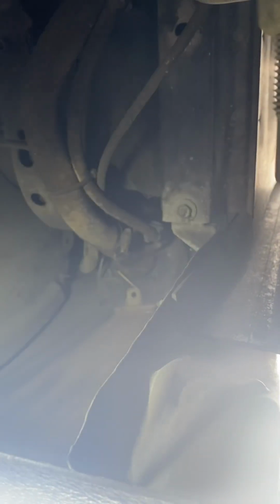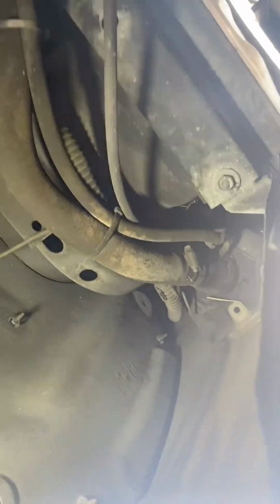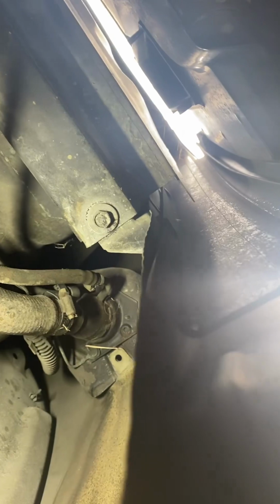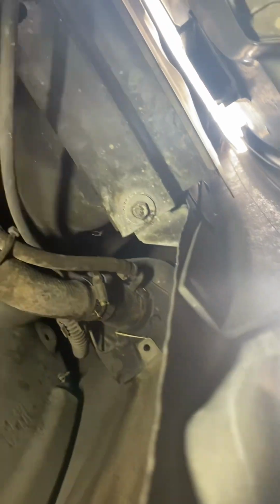Let's release the fuel line, the hoses that go towards the fuel tank. So that seems like it's a flat point, or 8mm would fit in. So I have to remove the nozzle. Alright, so now that we got the hose off,